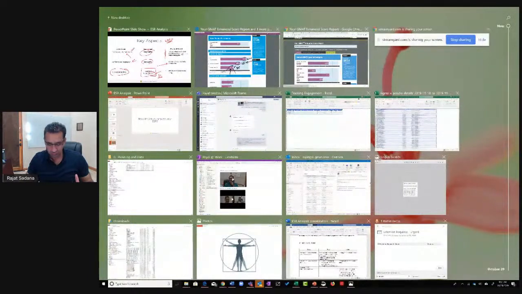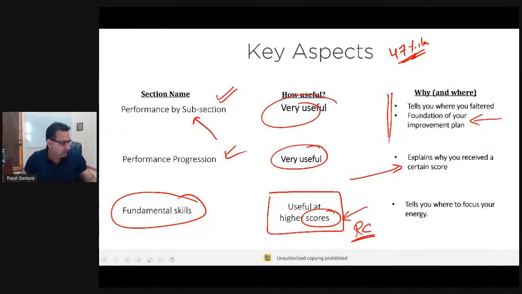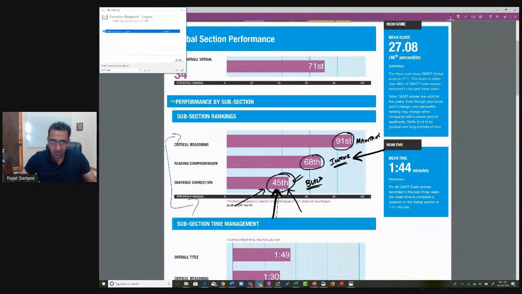Well, I have a lot of stuff open. Let's escape, discard, and